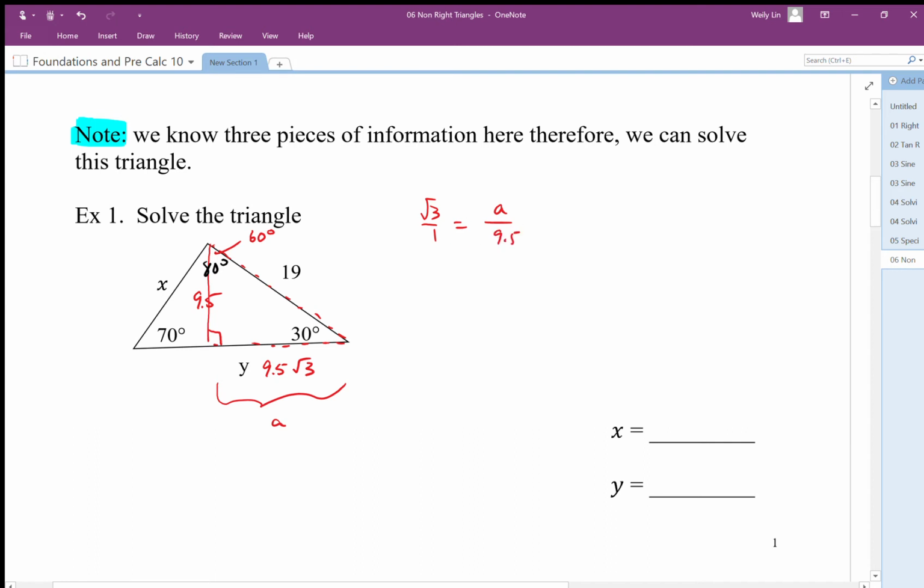We can also use our trig, so we can work out this decimal approximately using the cosine ratio. So the cosine of 30 degrees is going to be a over 19, the adjacent side over the hypotenuse, and our calculator gives us a cosine value of